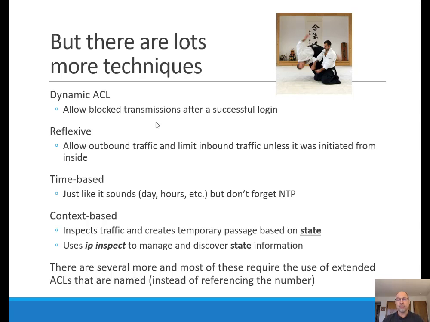Time-based, just like it sounds, limited to a particular day or days, hours of the day, ranges of time, but you want to make sure that your timestamps are pretty doggone accurate. So network time protocol is a good thing to remember in that case. Now, context-based, that's a little bit different. Context-based is really interested in something that we call state. So we're going to talk a little bit about state here in a minute, but it creates temporary passage based